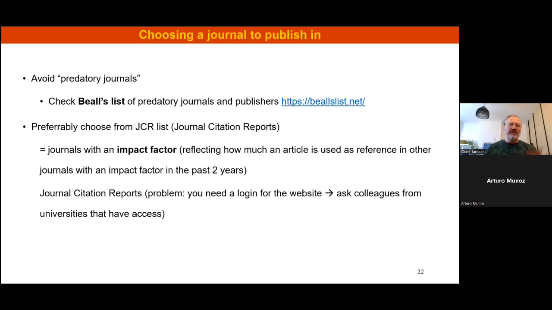So if you want to avoid that, preferably choose from the JCR list, which is the Journal Citation Reports, or JCR is an abbreviation you can look for. So these are journals with a JCR impact factor. Familiar with the term impact factor? An impact factor is actually a kind of number that a journal gets, and this is calculated based on